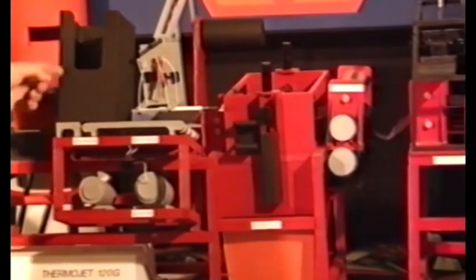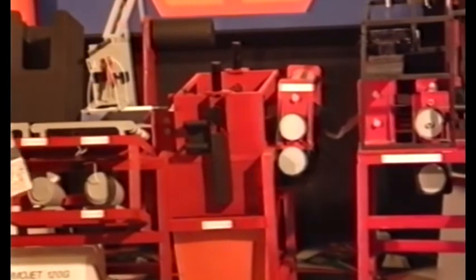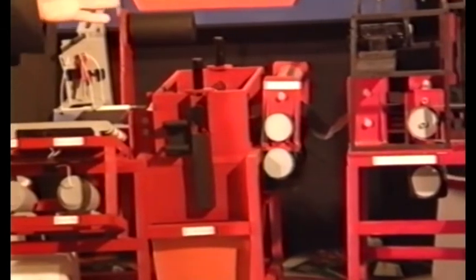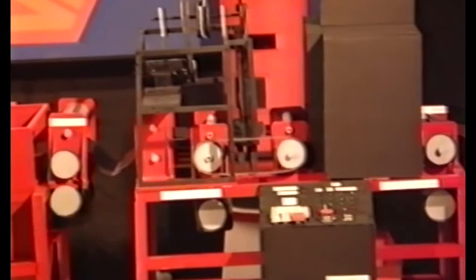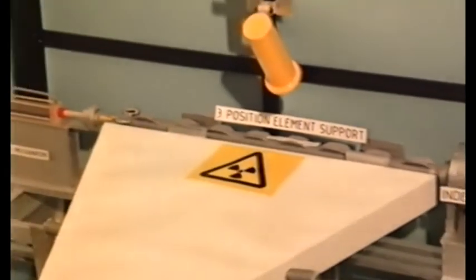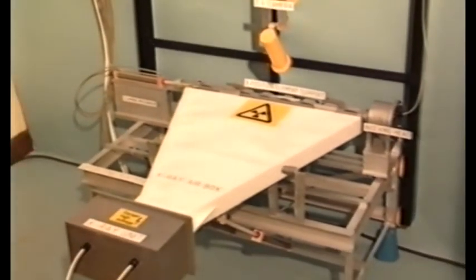The two are then passed through a slitting station where the pockets are placed into the products. The final stage is a guillotine unit which trims the leading and trailing edges before stacking them up for an operator to remove. Students at Bath also produced a device for inspecting underwater spent nuclear fuel elements before they're reprocessed